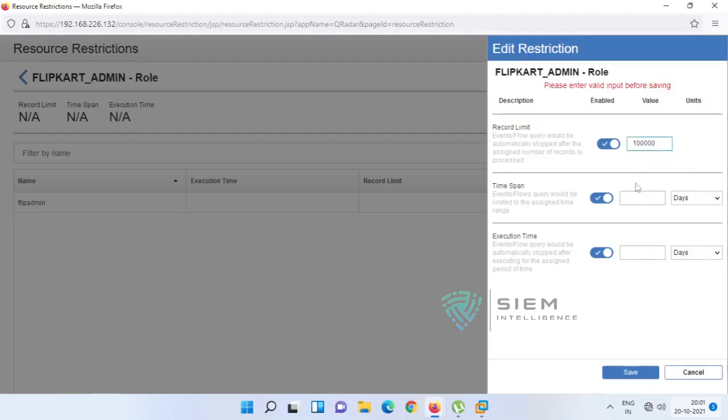It should not cross more than 1 lakh, or you can say 10,000. So it will only search a maximum of 10,000.